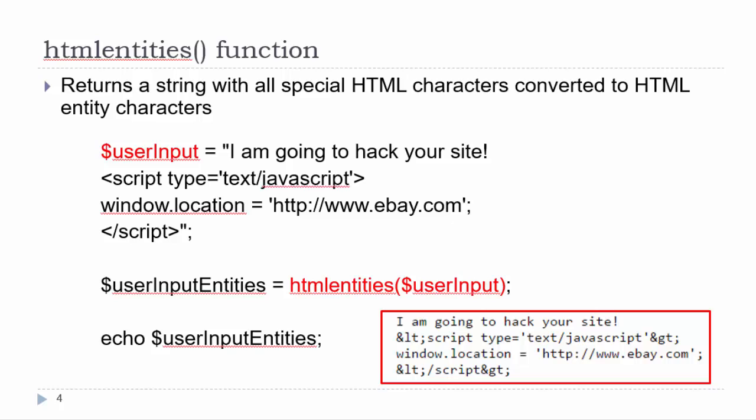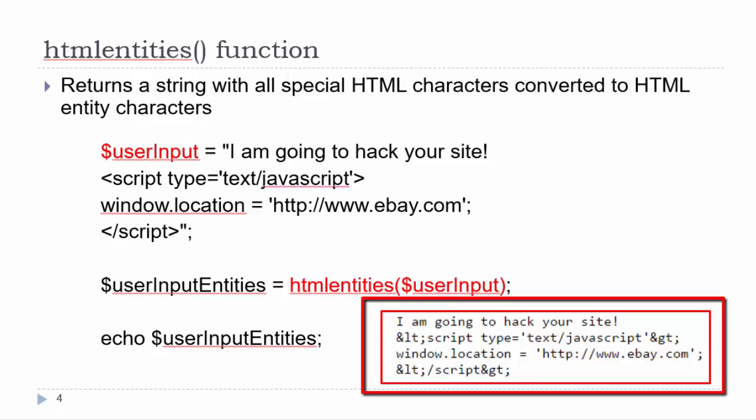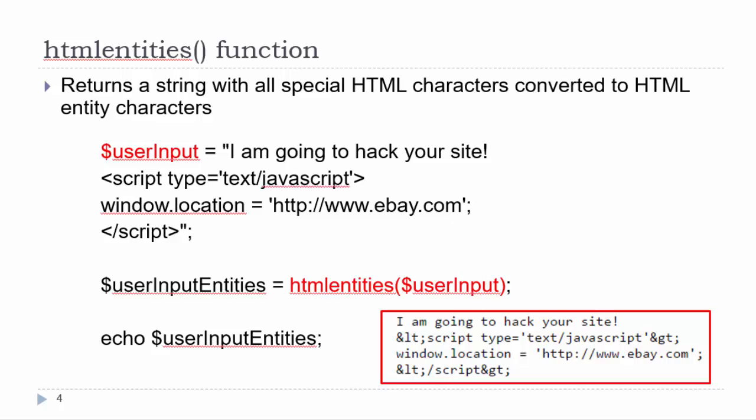I would like to talk about the htmlentities function, which is very similar to the htmlspecialchars function. These functions convert special characters to HTML character entities. The purpose of this is to prevent cross-site scripting, to prevent someone from injecting malicious code into a text box or a text area. You can see what this function is doing by going into the view source, where you can see that it has indeed changed the HTML characters into entity characters. It will look normal in the browser but not in the view source,